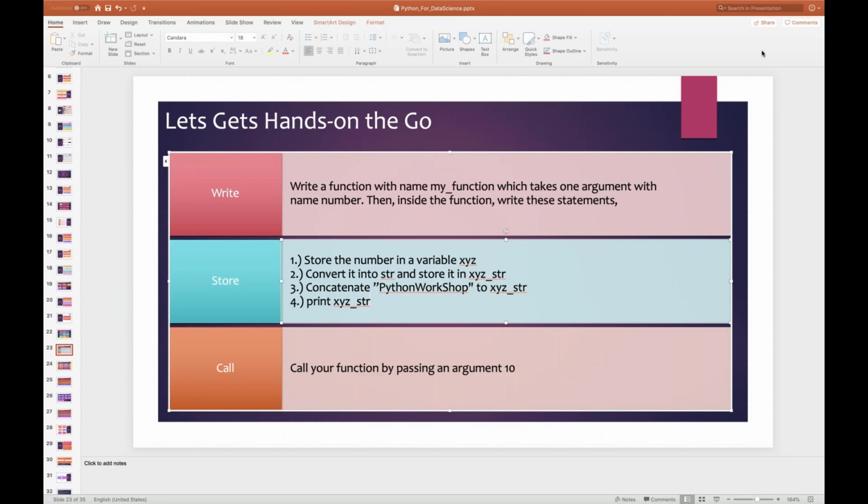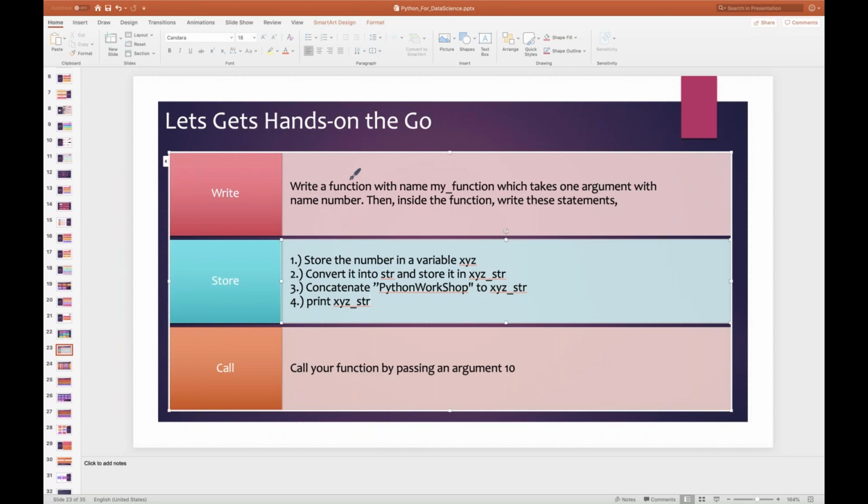Here is your assignment. You need to write a function. The function's name is my_function, which will take one argument with the name number. Very simple, I'll help you with some tips.